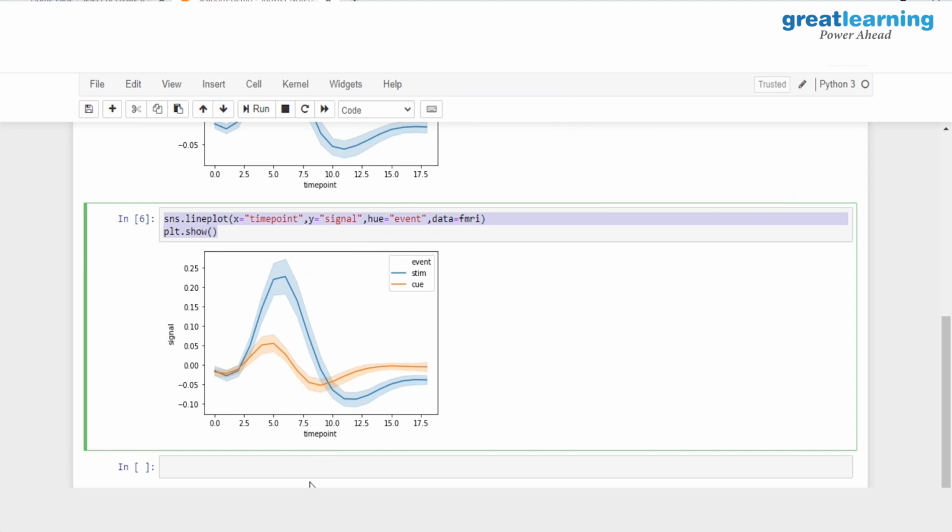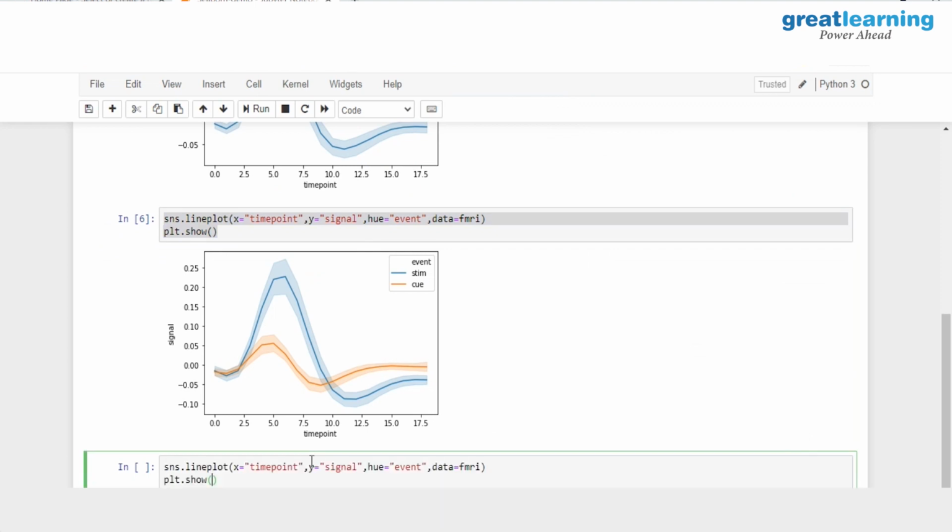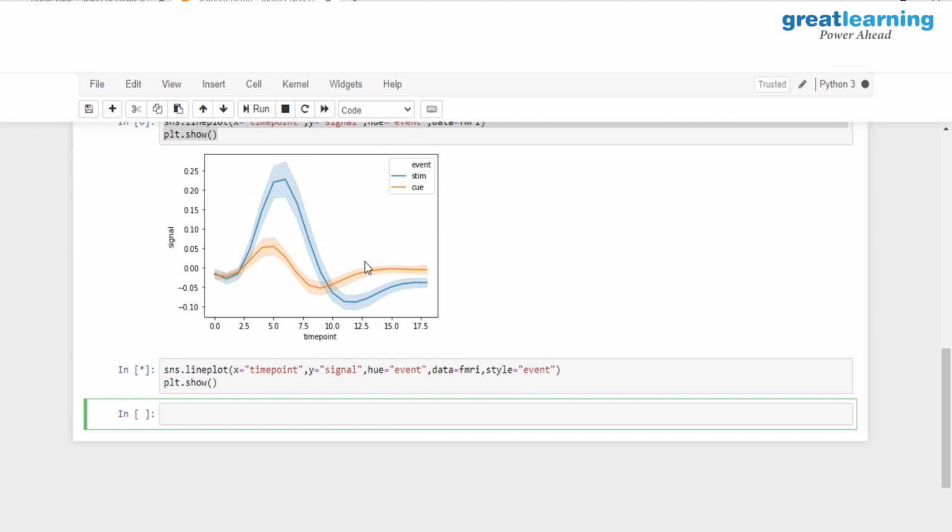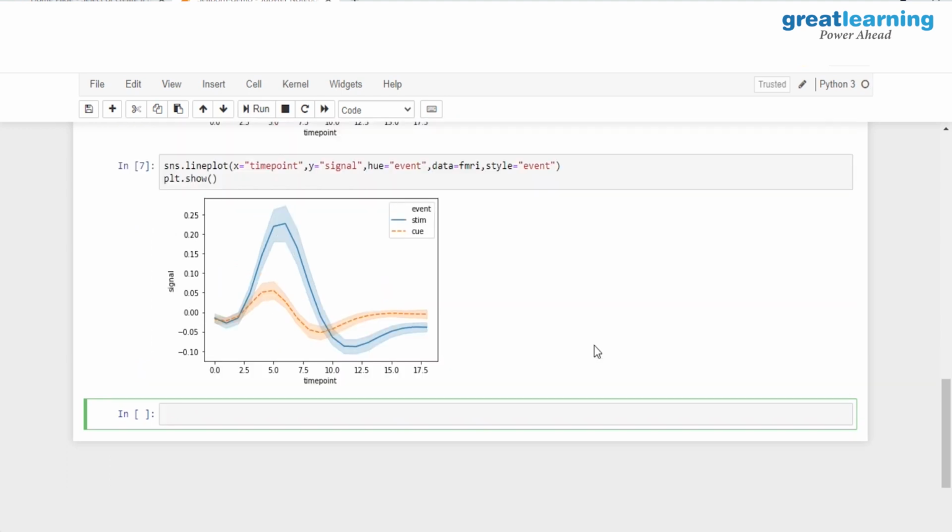It will be the same command, and I'll be adding a new attribute to this. I'll have style, and to this I am mapping the event column, and you see that the queue event is being represented with this dotted line and the stem event is being represented with this solid line.